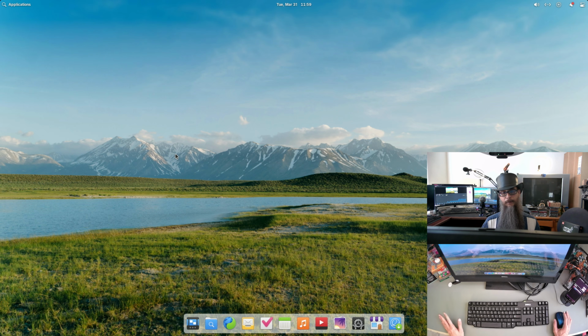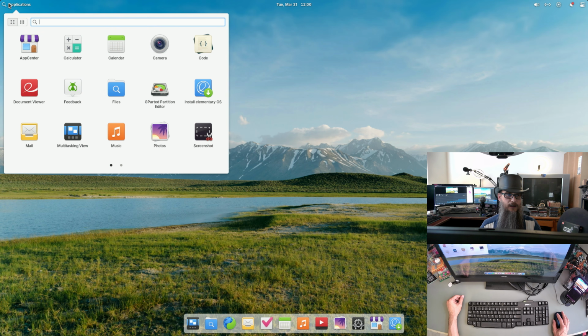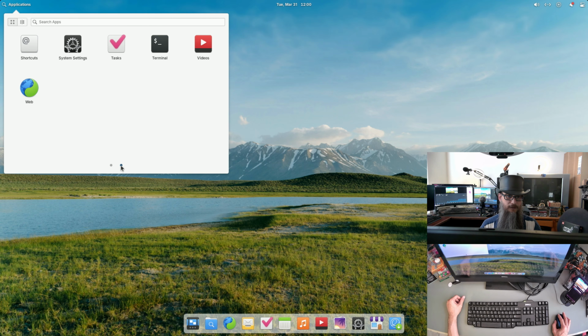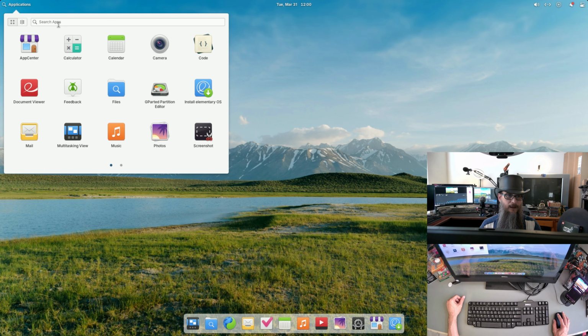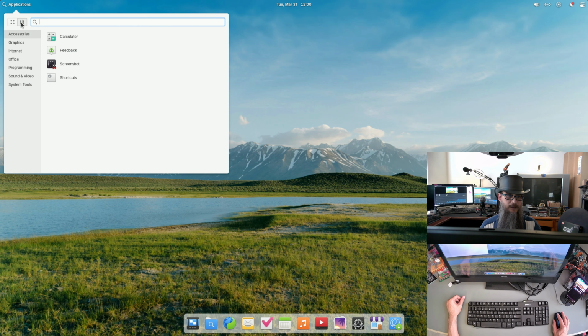More similar to a Mac layout, Elementary has an icon bar at the bottom, the taskbar, however you want to think of it. Multitasking view, files, the web, mail, tasks, calendar, music, videos, photos, settings, and the App Center, which allows us to install software. Up at the top, we can click on Applications and get all the applications installed on the computer. Not too many right now, just the basic apps. And we can search the apps, or look at them in a different view